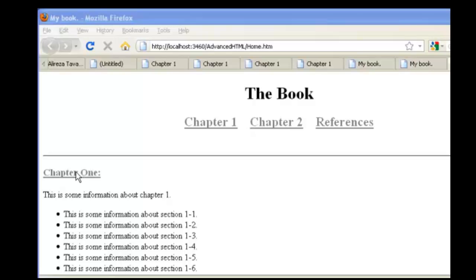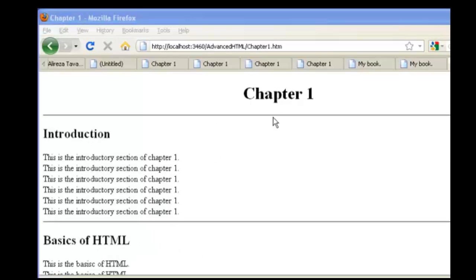And when you hover your mouse over this hyperlink, on the status line at the bottom of the page you will see that it is locating the web page chapter1.html within the website advanced HTML that you created. And if you click on it, it would take you to chapter 1. Now, if you wanted to go to the top of the page or the title page itself, basically just render the page from the beginning, you wouldn't have to assign a new section within that web page. What about if I wanted to go to chapter 1, section 1, which is the introduction,